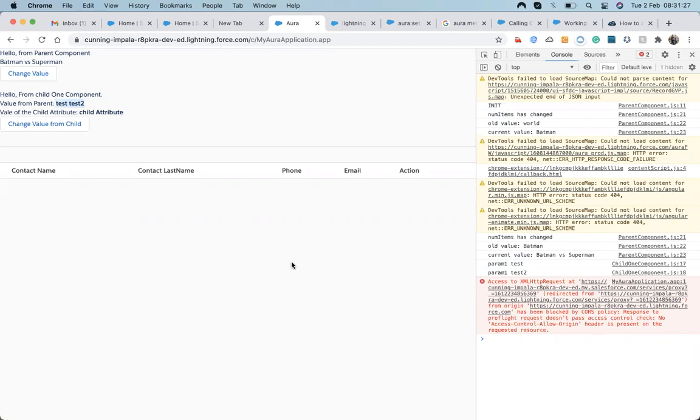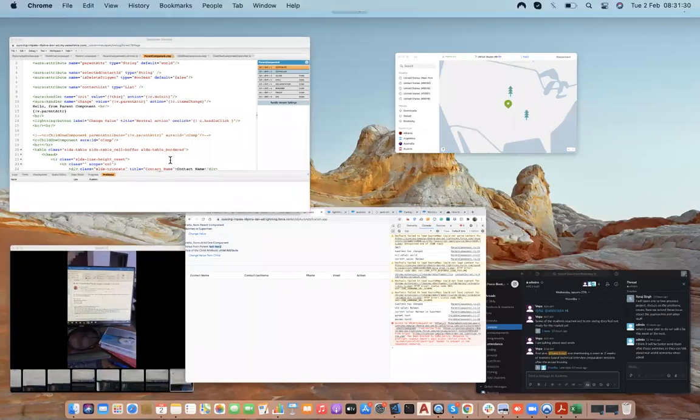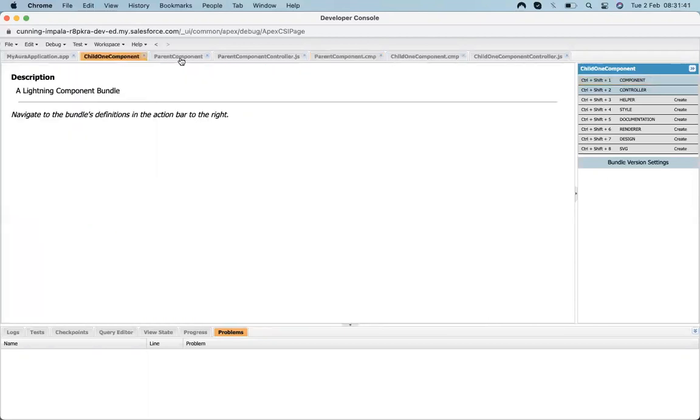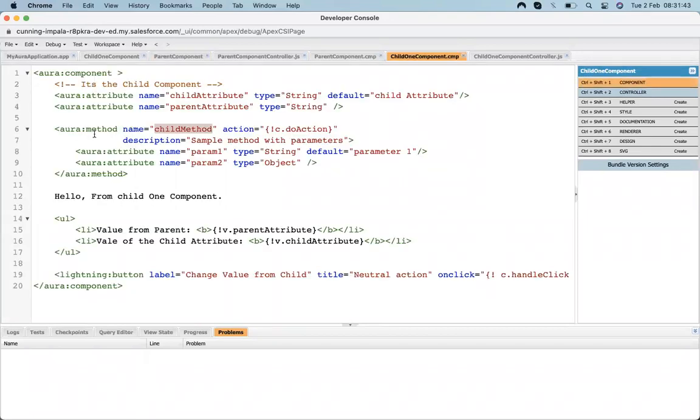Before that we saw that we have handlers. The handler will help us execute any parent event, and if we need to execute any child event, then we have to take the help of an aura:method, which is called from a parent and will execute the method inside the child.